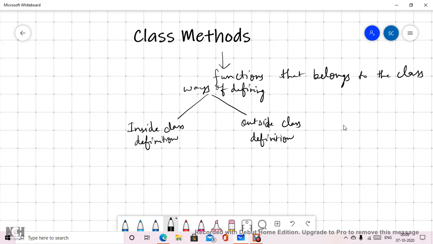So what we are saying here is that the function declaration part will definitely be done within the class boundary. Only you can define what this function is going to do either inside the class definition itself or outside the class definition. Okay,